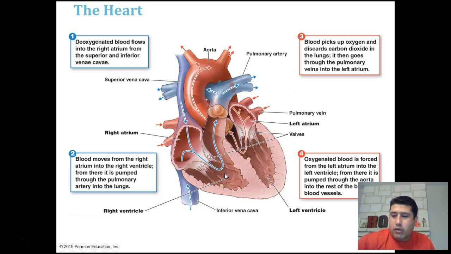Okay. Almost immediately after the two atria contract, the two ventricles contract. And at this point, the blood from the right ventricle, which was the same blood from the right atrium, all of this deoxygenated blood, is pumped out of the heart via the pulmonary artery. I mentioned earlier that this is the only artery in the body that carries deoxygenated blood away from the heart. So now this blood that was first dumped into the right atrium, then pumped into the right ventricle, has now exited the heart and is going towards the lungs.